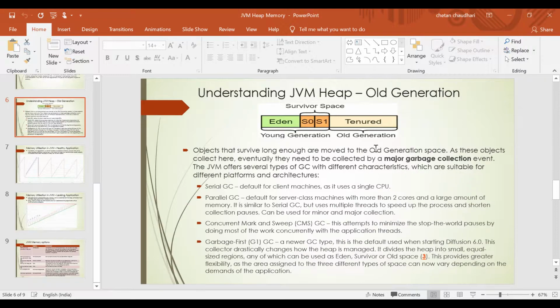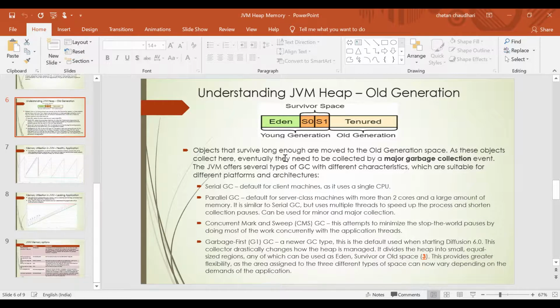Then we saw how objects get moved to the old generation when they are aged or tenured, and how the old generation behaves when we have a lot of objects in there.